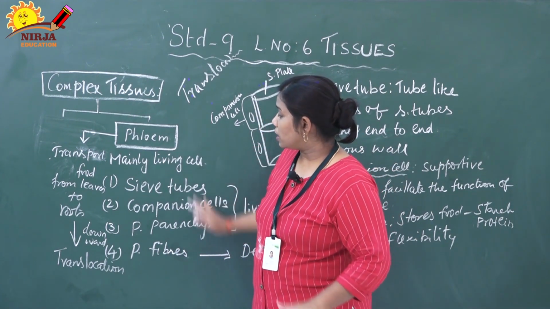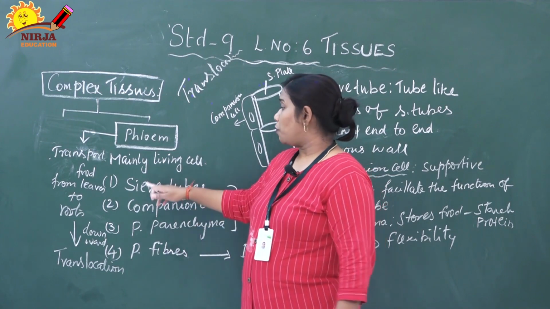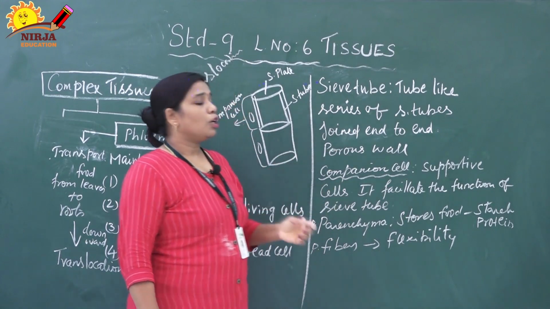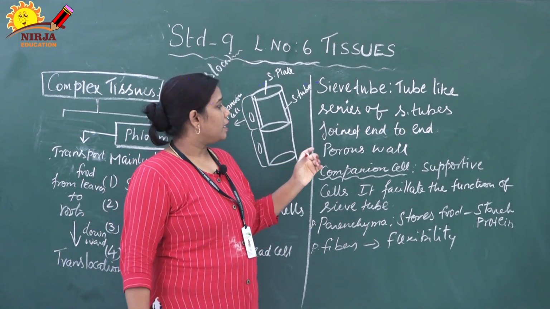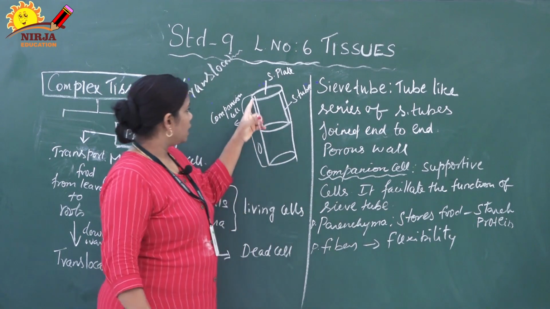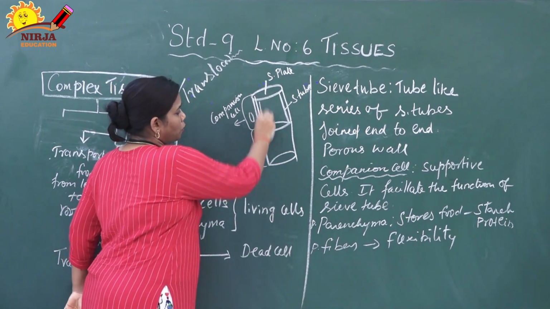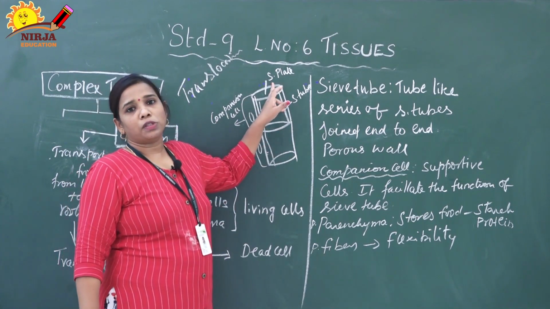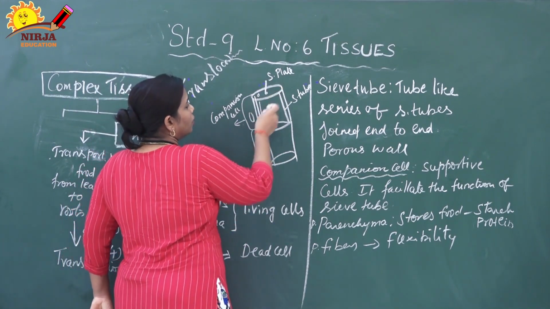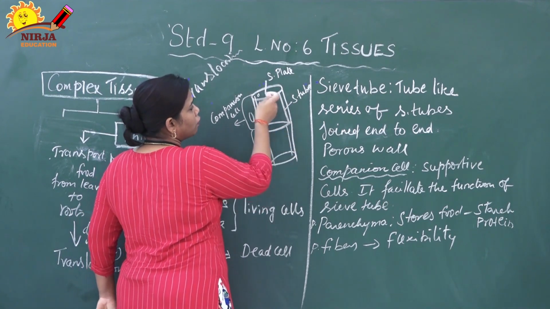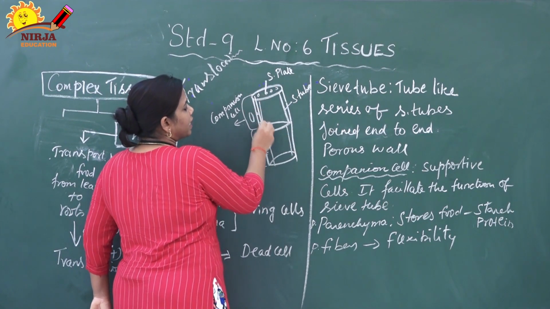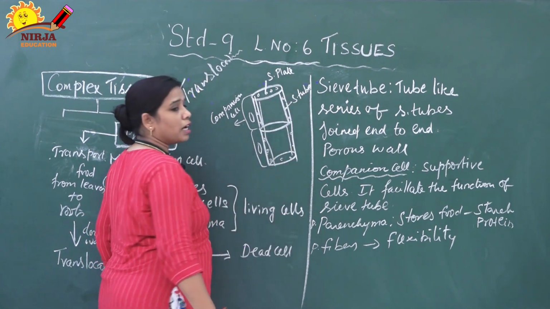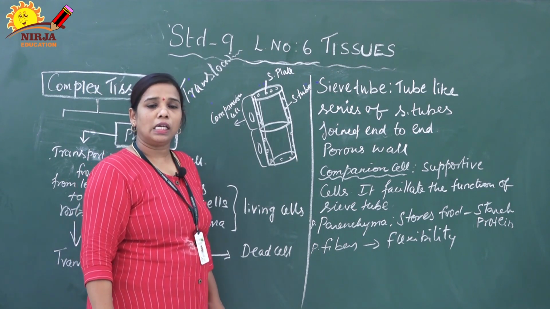Now we have to study each and every component. The first one is the sieve tube. Sieve means small holes are present. The sieve tubes are a tube-like series, connected end to end. You just see this tube-like structure. These tubes are connected end to end. In between them, what happens? A sieve plate is present. The sieve plate is connected on either side with the sieve tube. The sieve tubes and sieve plates have numerous pore-like structures, as we all know, called pits. They help to transfer the food material as well as water.